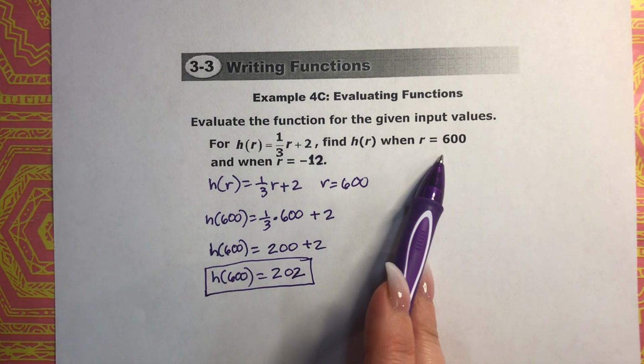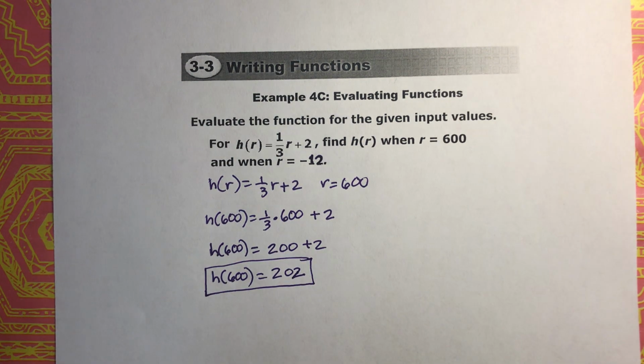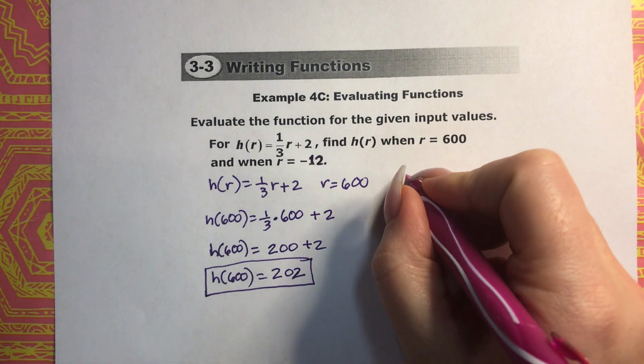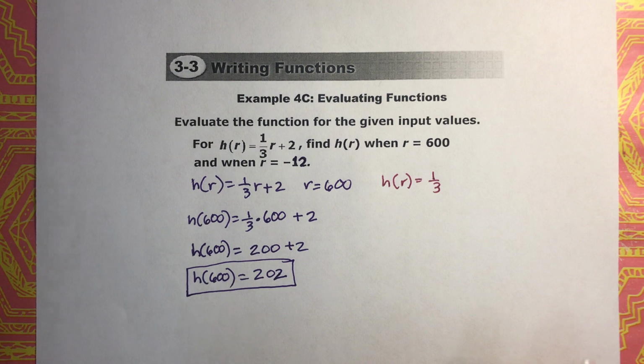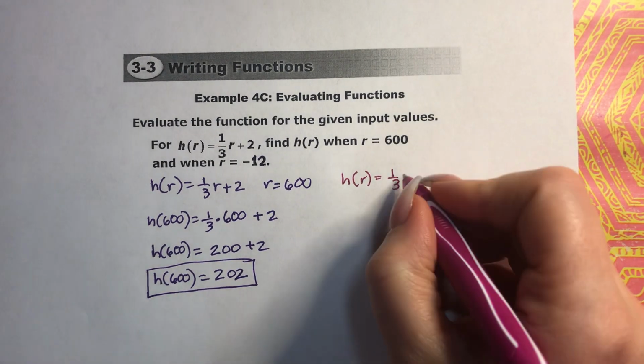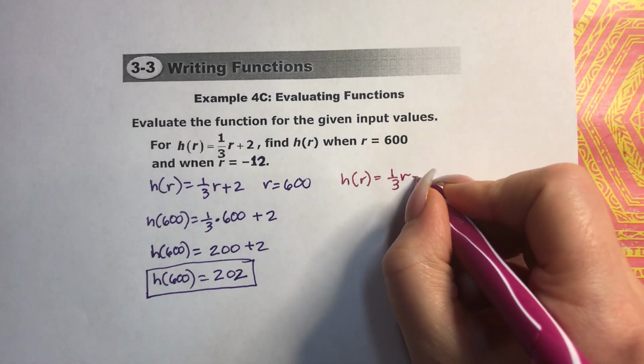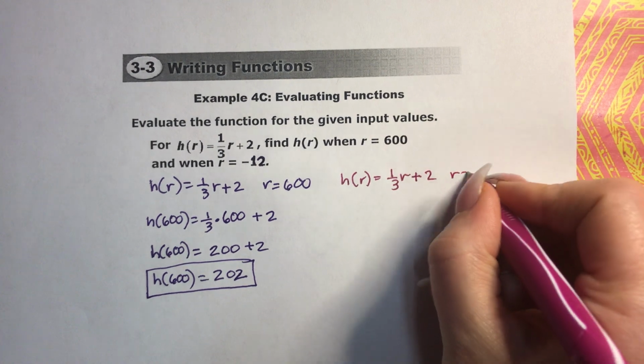Perfect. Okay, so that's the first part. Now we need to do the second part, which is figuring out what h of r equals when r is equal to negative